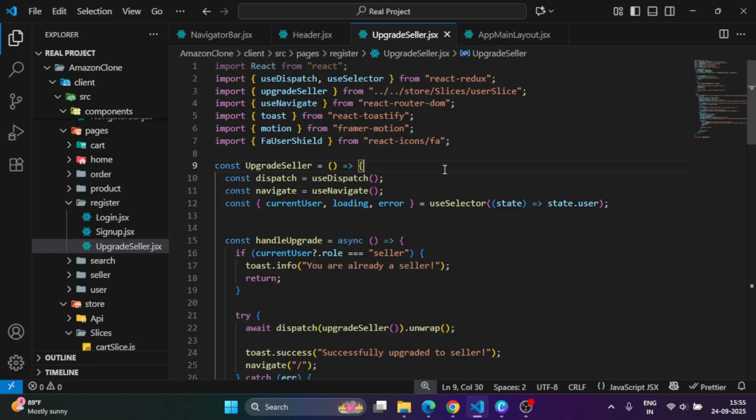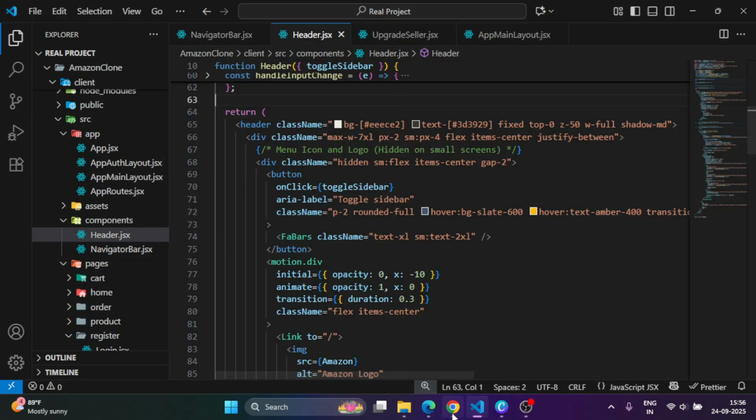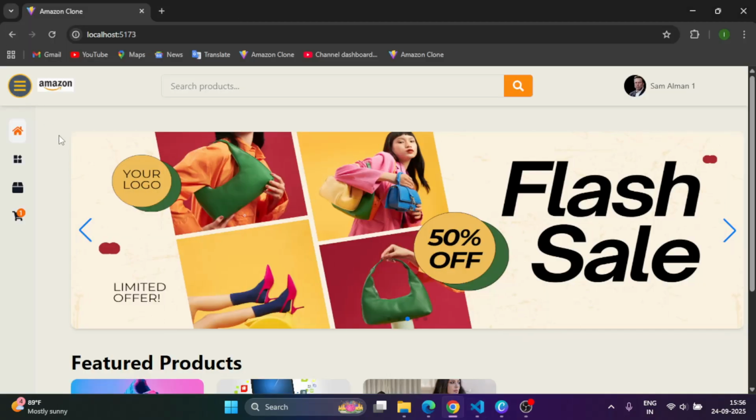Today I'm gonna dive into the header and sidebar component. So alright, let's understand the sidebar and header component. Okay, so let me show you. This is my